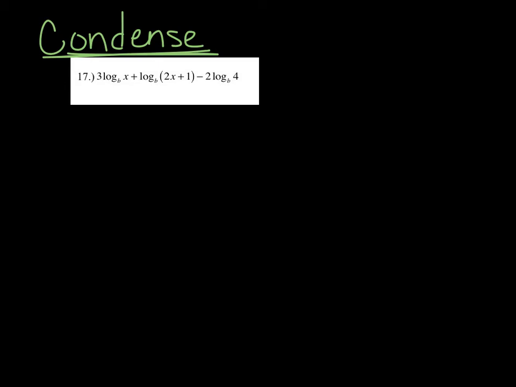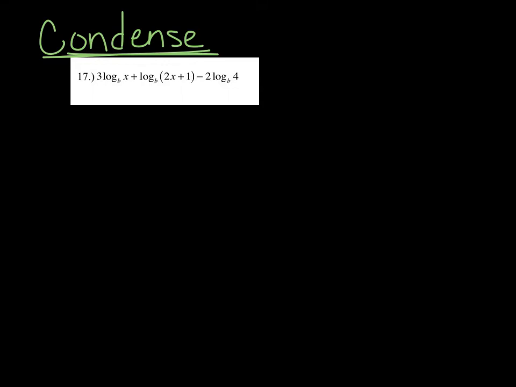Now when we're condensing, guys, it's exactly the same thing, same properties, same rules, we're just going backwards. Instead of going from something that's condensed and making it longer or larger, we're going from something that is expanded, and we're going to make it look like what we were just working with. So if we're looking at number 17,